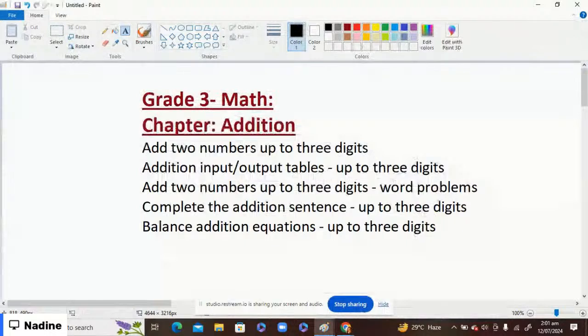Hello everyone. Hope you are all doing good. So today we are here for grade 3 maths. The chapter we discuss today is addition,